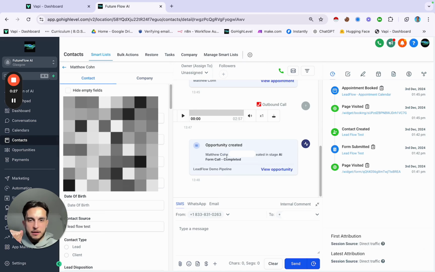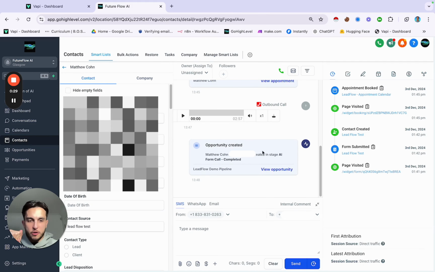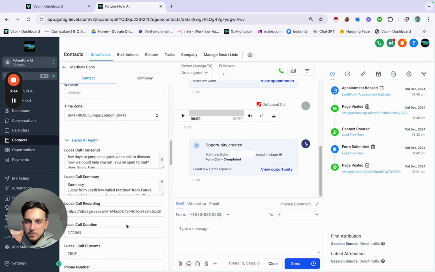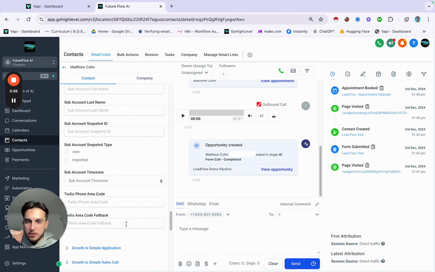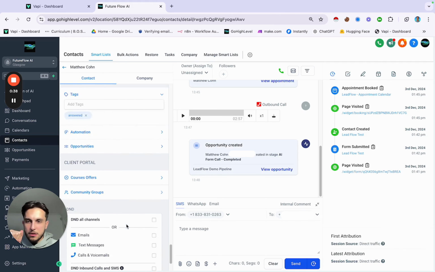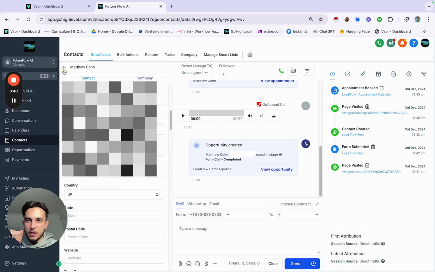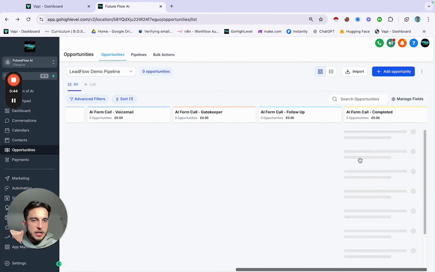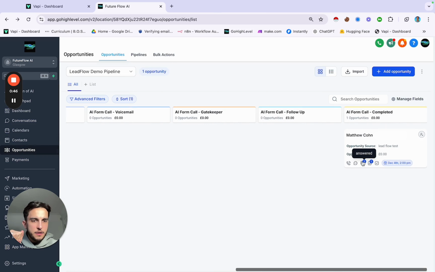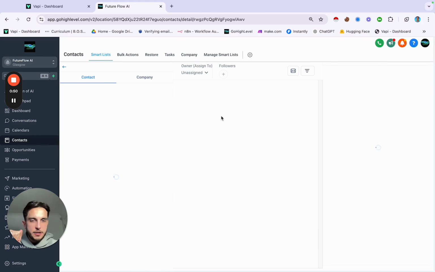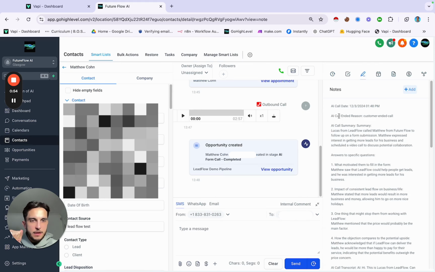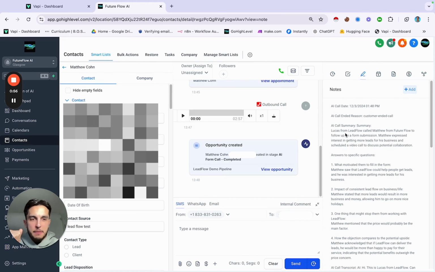we can see that there's a recording of the call. The opportunity has been updated. If we find, where's the tags? Oh, you can actually just see the tags here. We can see that this has been tagged, sorry, answered, call date, etc. Come in here, look at the notes, and we can see all the details about